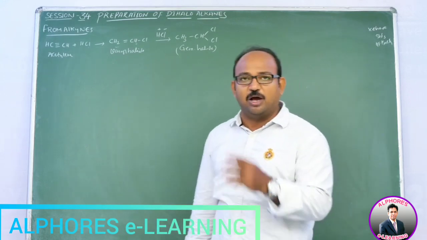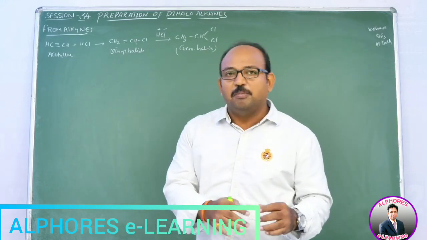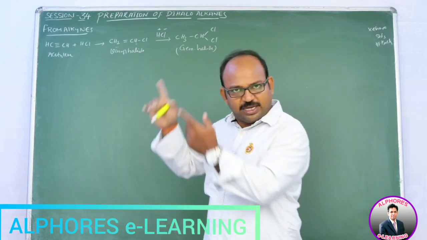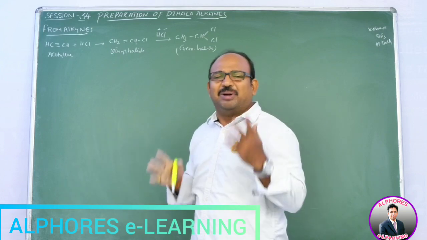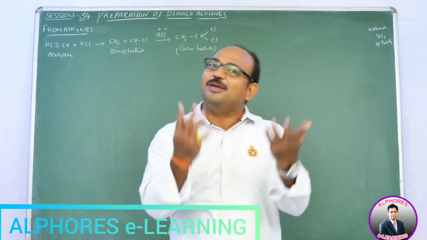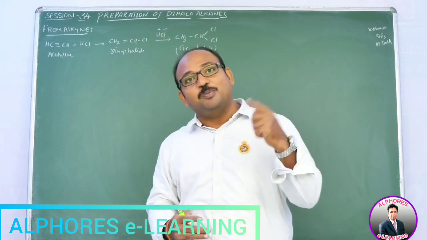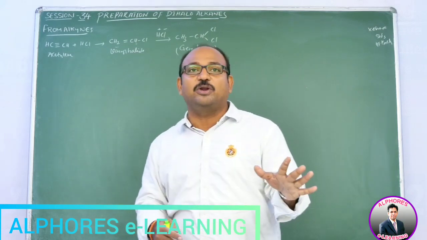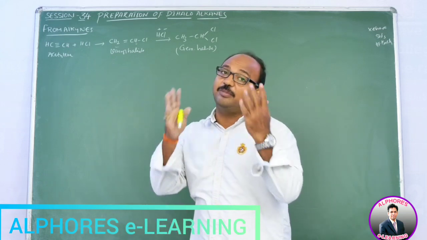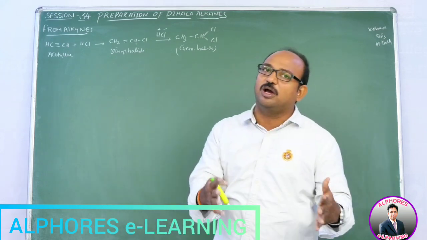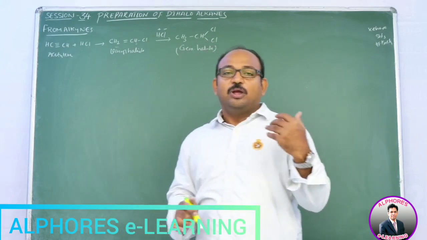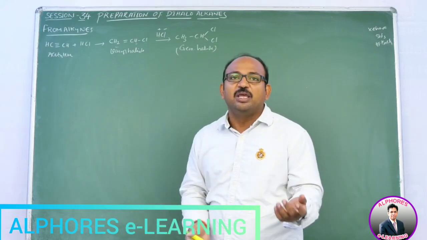Leave that matter. Now, here the reaction follows Markovnikov rule. The addition is also Markovnikov addition, because the addendum has a positive part and a negative part. But everywhere it won't happen like that. Sometimes the final product you are getting is the Markovnikov product and it follows Markovnikov rule, but the addition is not Markovnikov addition. I am repeating, the addition is not Markovnikov addition, but ultimately it looks like it follows Markovnikov rule and the product you are getting is the Markovnikov product. You got it?